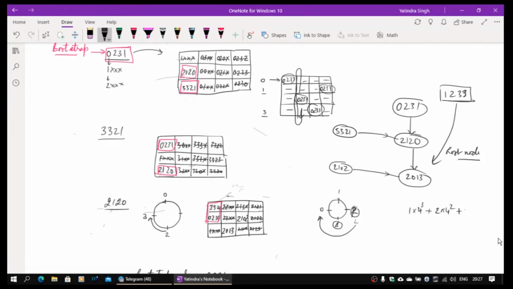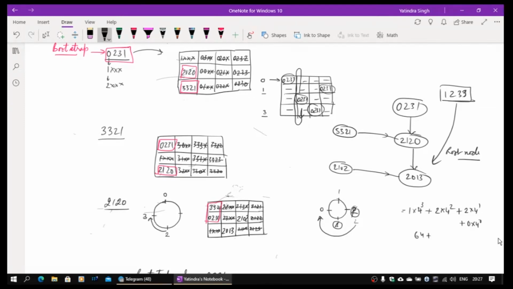Because you are going to add and do modulo 4, it will become 2 into 4 raised power 1, plus 3 minus 3 is 0, so 0 into 4 raised power 0. So this will be the numerical value of the distance.